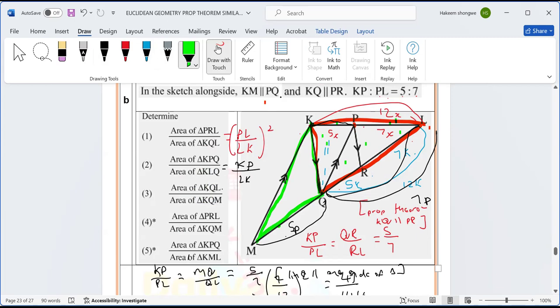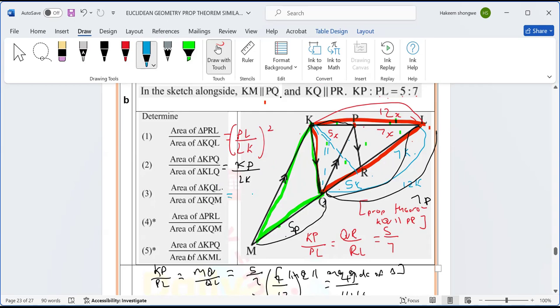Again, these two triangles have a common vertex here, which is going to be K. They're not between parallel lines, but we can make a height like this. So this one is going to be the obtuse, this one is going to be the acute. Let's check what is the base of the top one. Once you create a height, that's when you choose your base. Because I've created the height, the one on top, which is KQL, the red one,